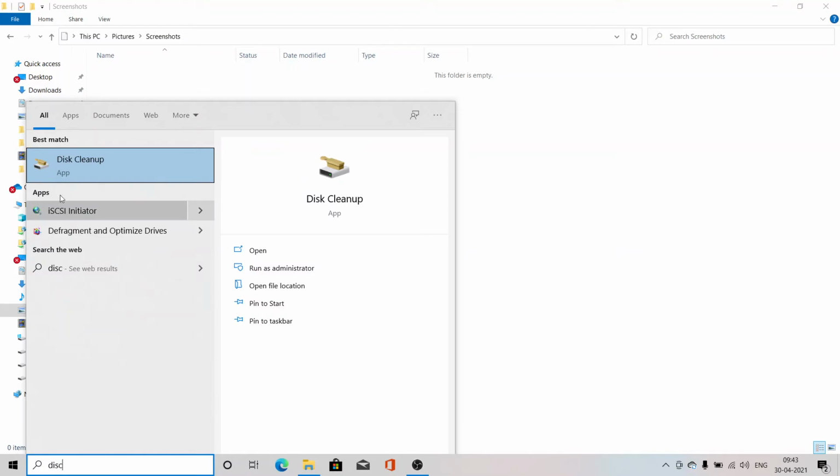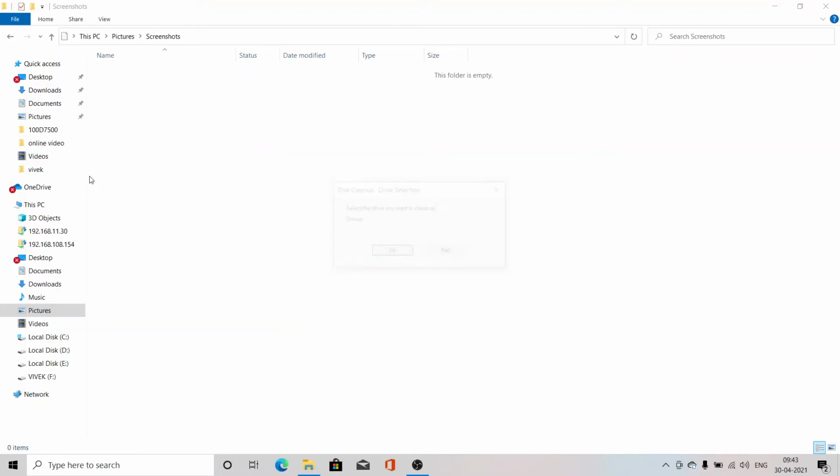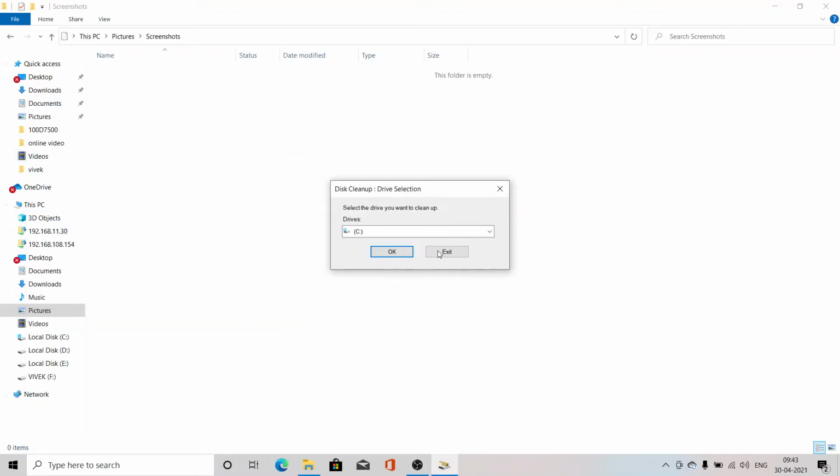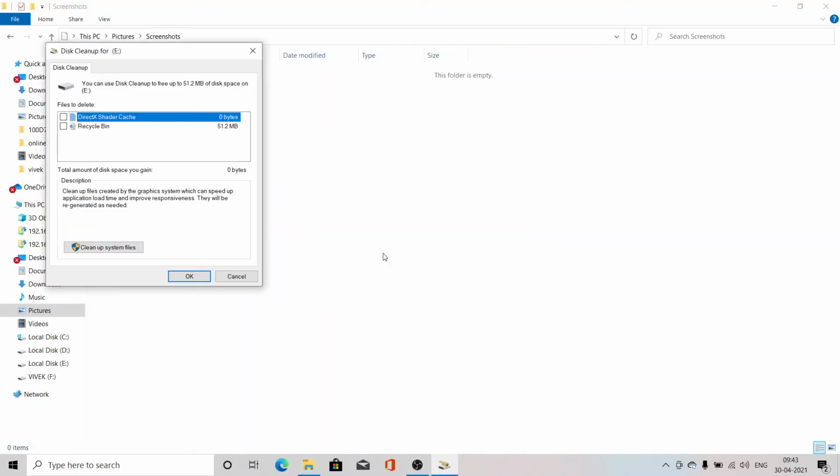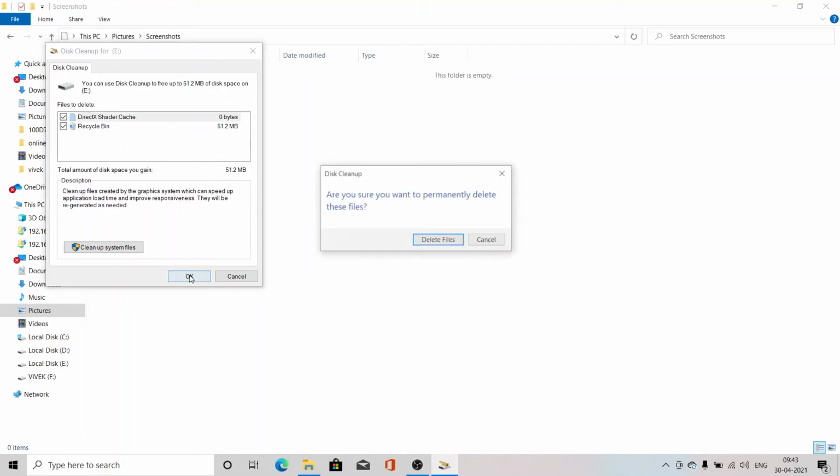Now we have another topic, that is Disk Cleanup. Yes, it's very important. Sometimes you face that your system has a lot of space used, unnecessary files are there, and you want to clean it, so you can use the Disk Cleanup option. Select the drive and click on OK. It will calculate and show whatever things are there. Here you can select and then click on OK.